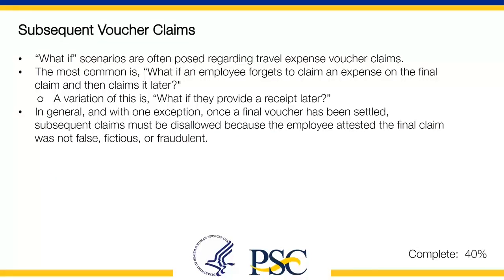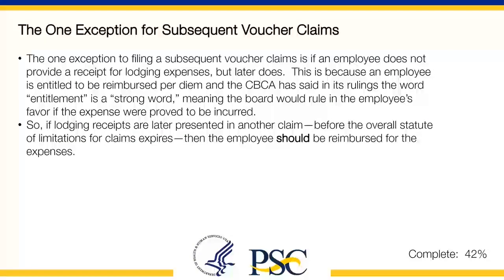A variation of this is, what if they provide a receipt later? In general, and with one exception, once a final voucher has been settled, subsequent claims must be disallowed because the employee attested the final claim was not false, fictitious, or fraudulent. The one exception to filing a subsequent voucher claim is if an employee does not provide a receipt for lodging